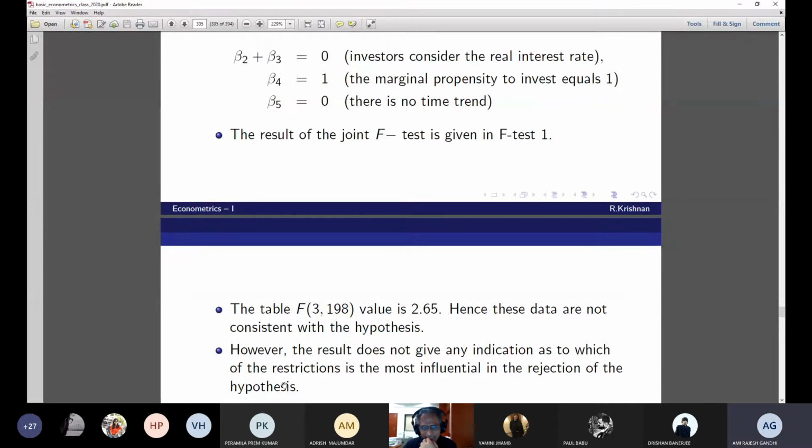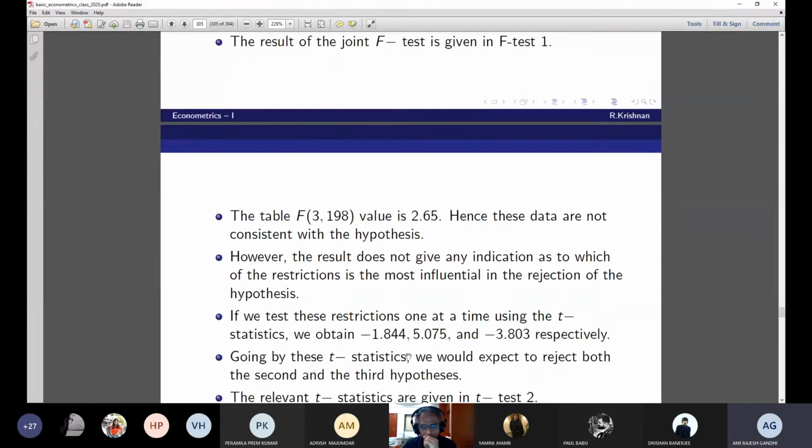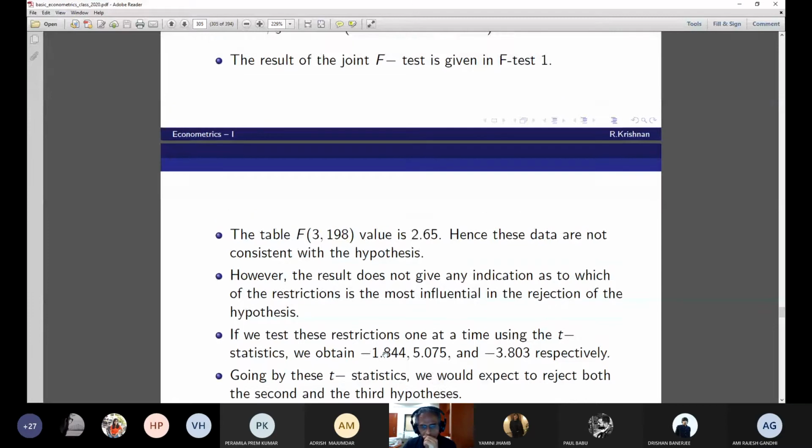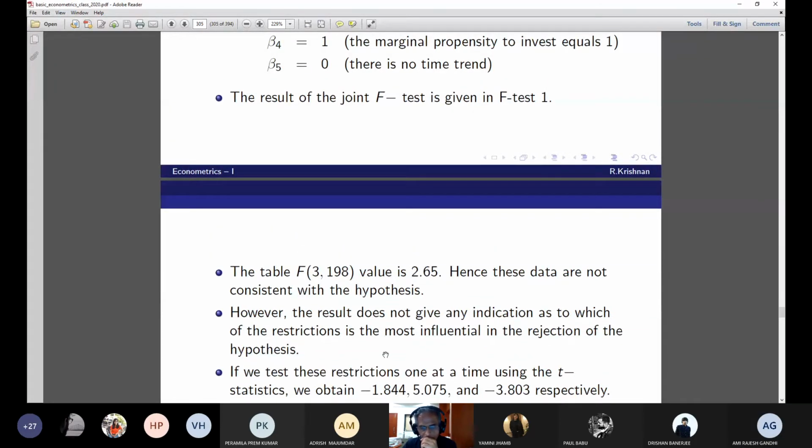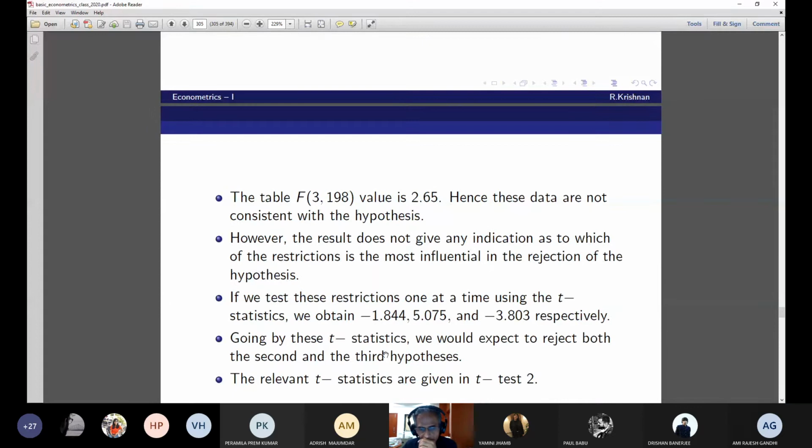So do we accept the null hypothesis, beta 2 plus beta 3 equals 0? Yes, because the t-stat is 1.844 only, the absolute value. That is less than 1.96, isn't it? So we conclude